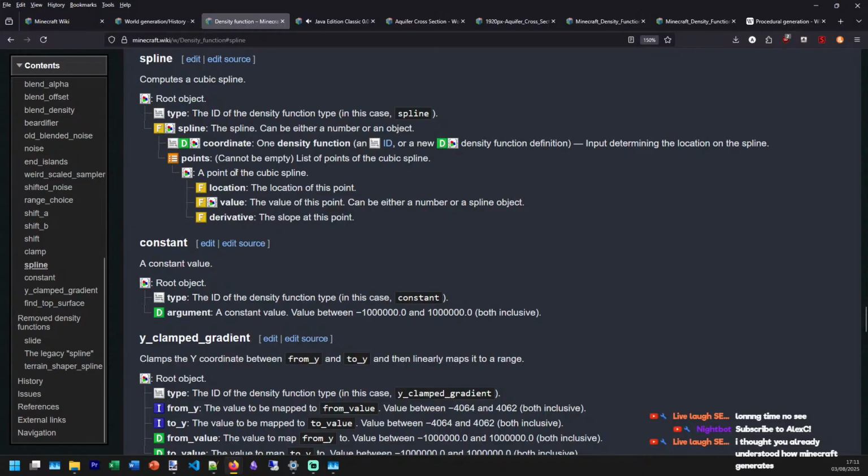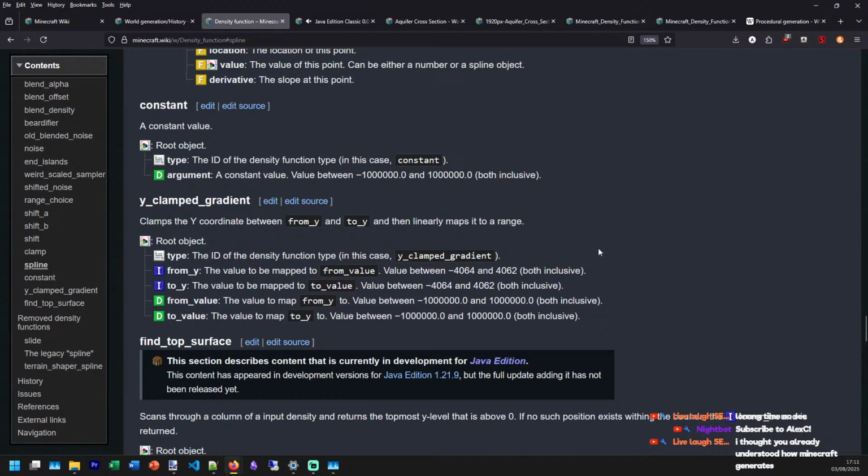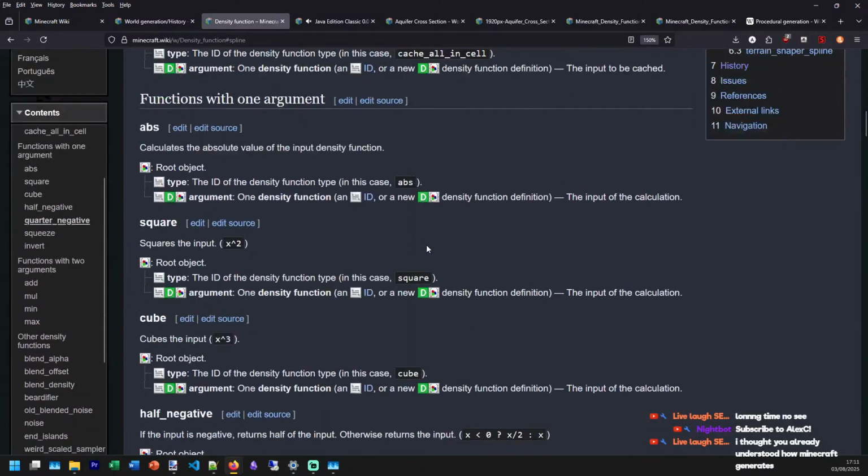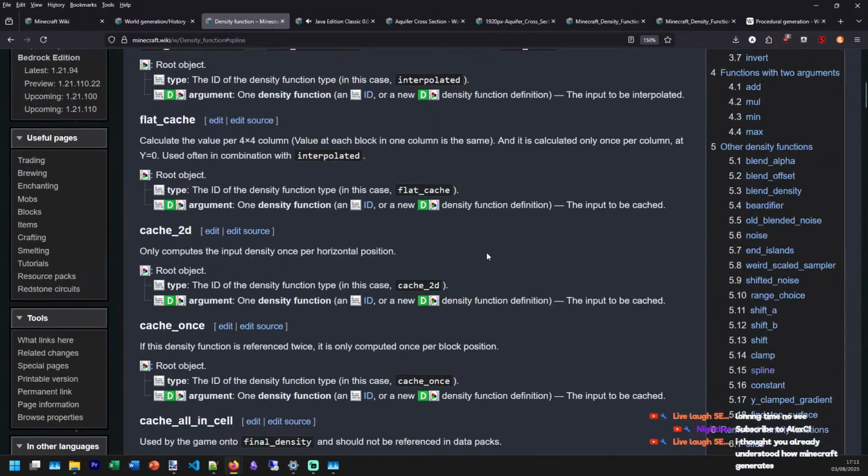Not spline. Cubic spline. Cubic spline. Interesting, all the decisions that they made though.